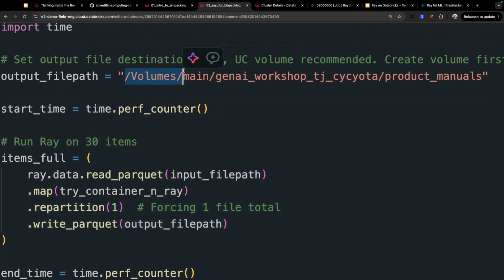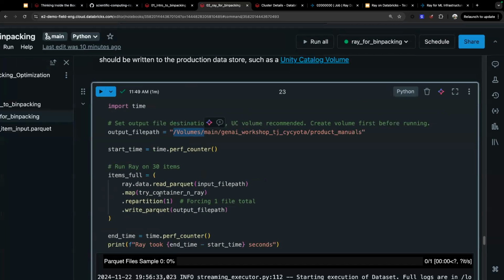If you've not worked with this before, this is just a mapping to cloud object storage, but it's fully governed under the UC governance model. So we're going to write out our final Parquet file to this volume as a Parquet file. You could also convert it to a Delta table, or convert it back to a Spark data frame. But just for simplicity, we're just going to write out one output file